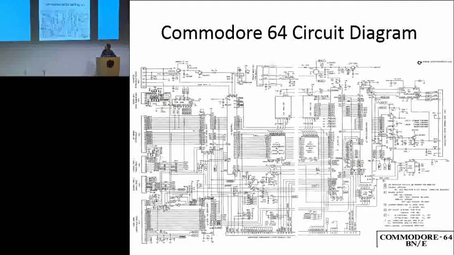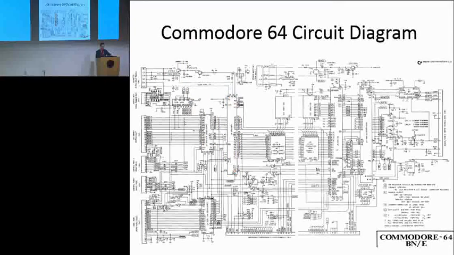This is the circuit diagram, and it's necessary to build the Commodore 64 from scratch because we have to deal with the signals that the chips interchange with each other. So here is the clock, one of the main components. It has a frequency of about 1 MHz. The main CPU,